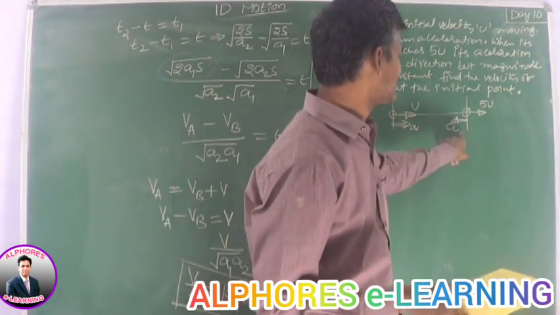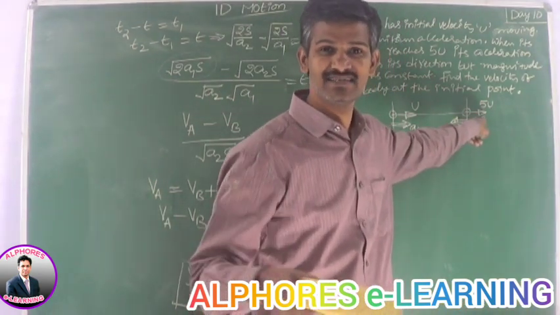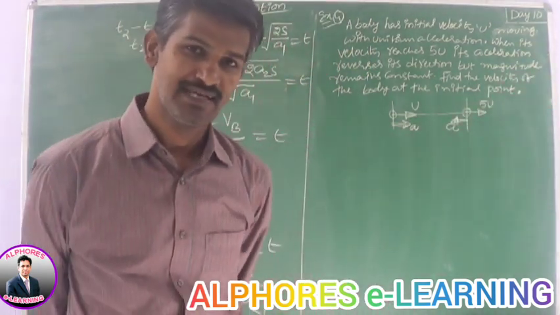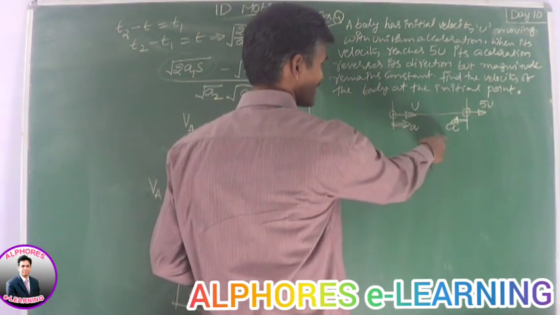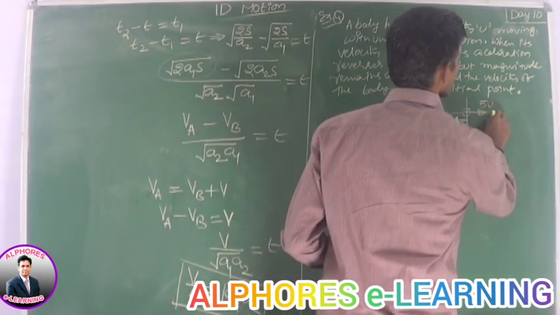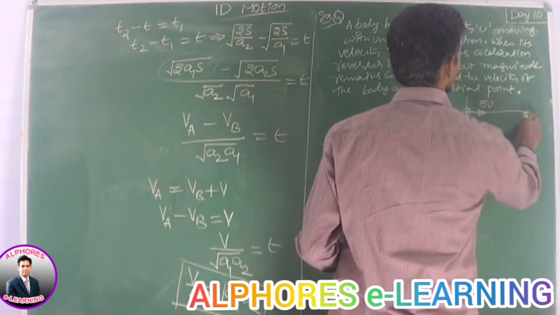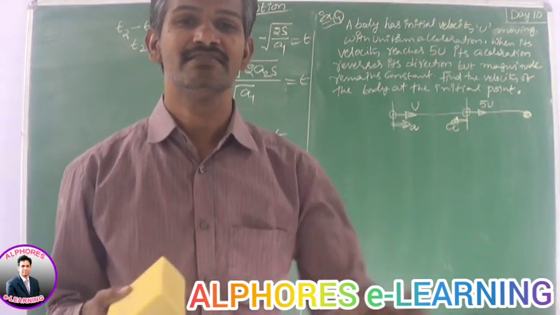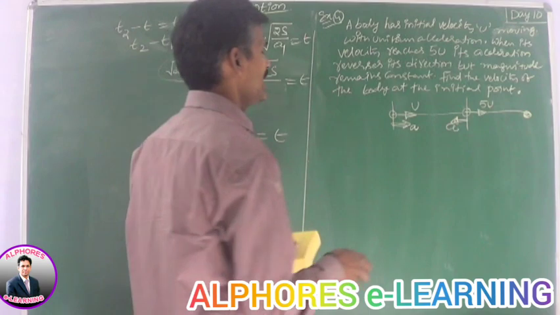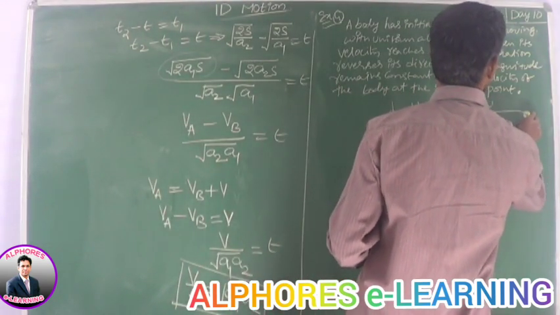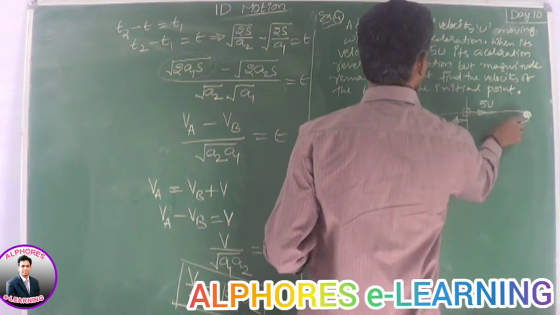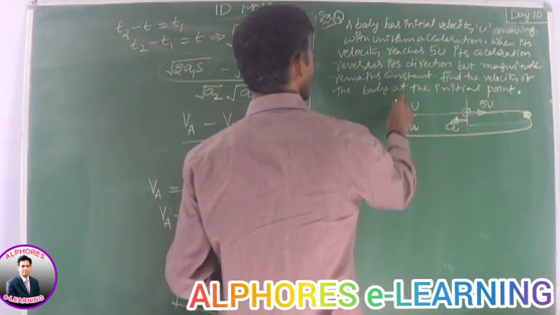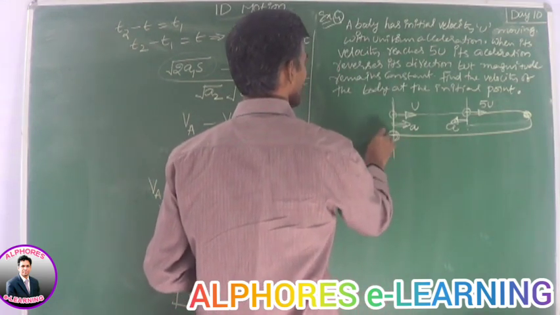As this acceleration reverses its direction, its velocity gradually decreases. We already know in the case of a car, when brakes are applied, the car comes to rest after traveling some time. Similarly, with this acceleration, this body slows down and finally comes to rest. If acceleration keeps acting continuously, then the body reverses its direction. So as this body reaches some point, after that it reverses its direction and travels in the backward direction. So it reaches the initial point. We have to find the velocity at this point.